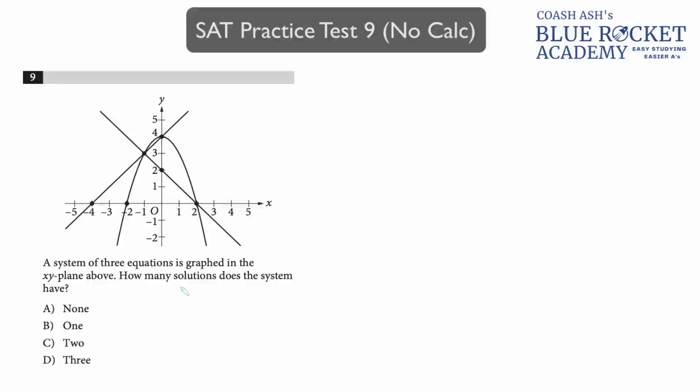In this SAT problem, you're asked how many solutions does this have? Solutions means where these things intersect, right? Where do they intersect? So you can see they're intersecting, this guy's intersecting here, this thing is intersecting here. But what they're saying is the solution means all three of them, this line,